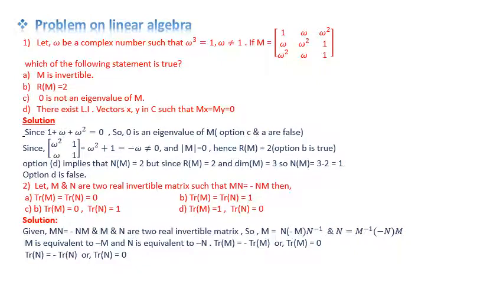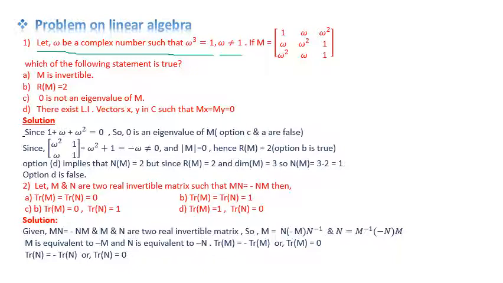Today I will discuss two most important problems which are taken from NET exam. So let's start with this first problem. Here the given problem is, let omega be a complex number such that omega cube equals 1 and omega